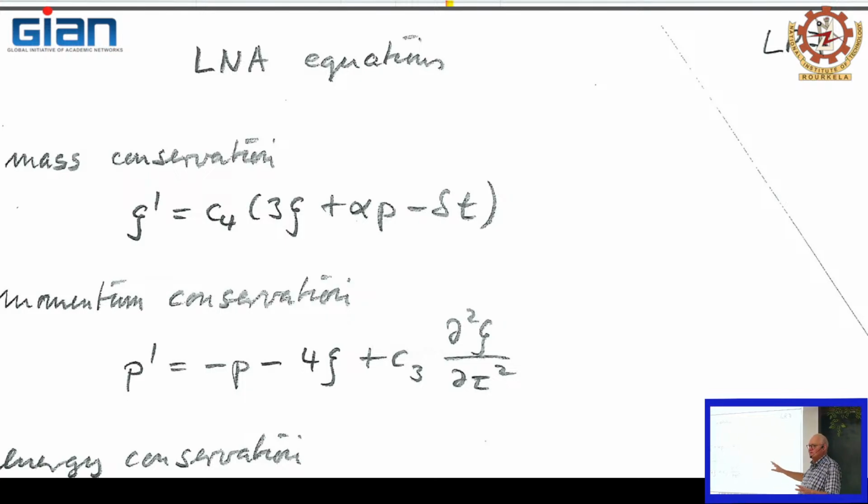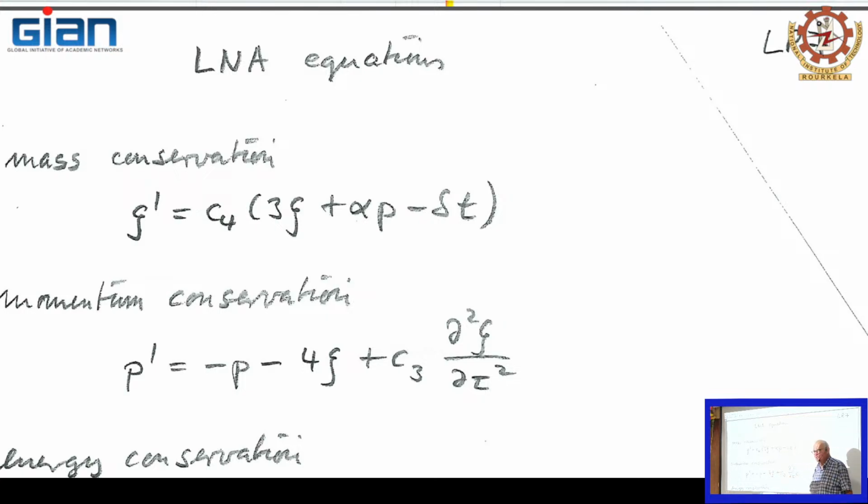All these quantities are dimensionless. Time is measured in units of the free fall time, the dynamical time scale, and all the other quantities are relative quantities, so these are all dimensionless quantities. Momentum conservation: if we go to relative perturbations, then p dash is equal to minus p minus 4 times zeta